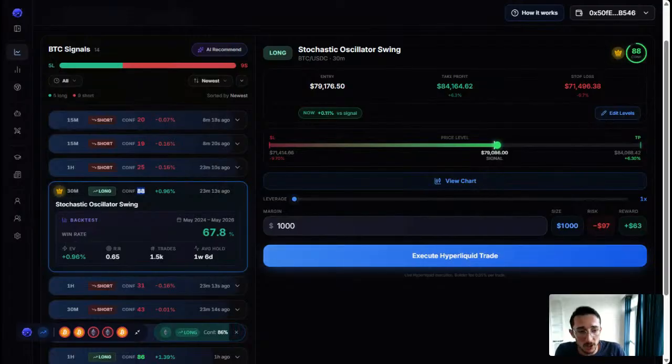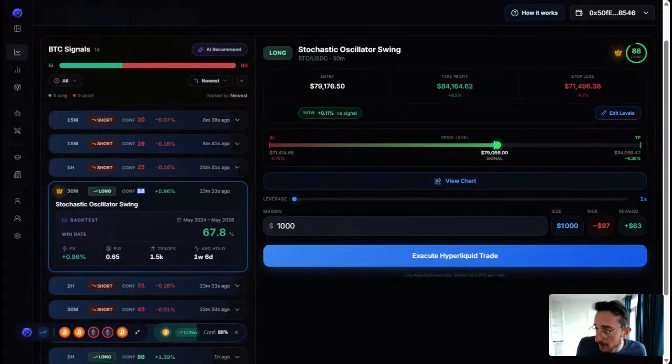And the short strategies that are profitable over a long time are very tight. They have a very low stop loss and low take profit, so the execution is much, much harder. You basically need to execute at the second the signal enters. So it's not a good fit for our system, and even for a bot.